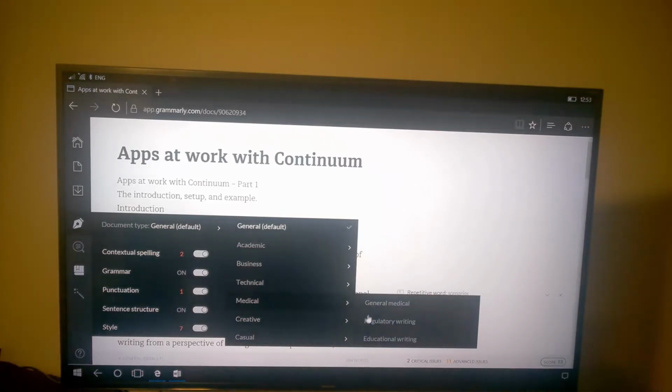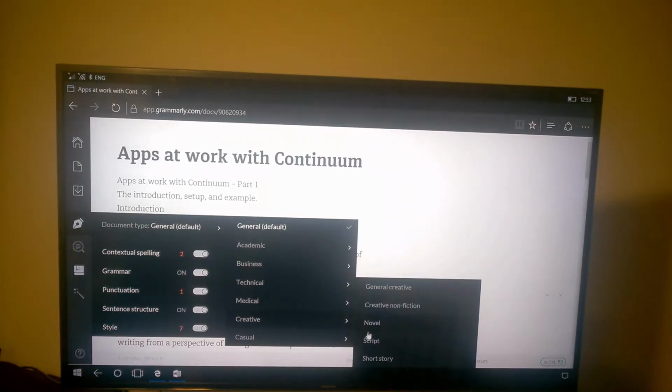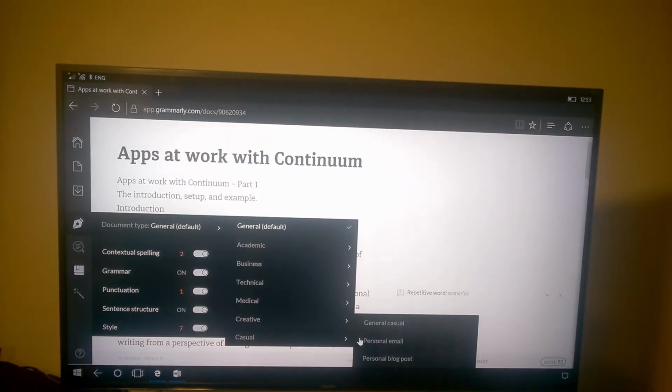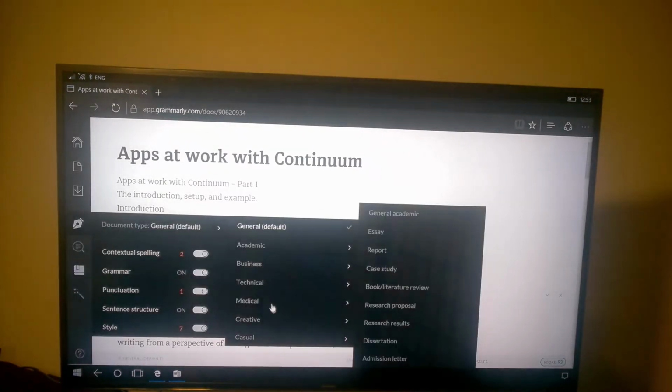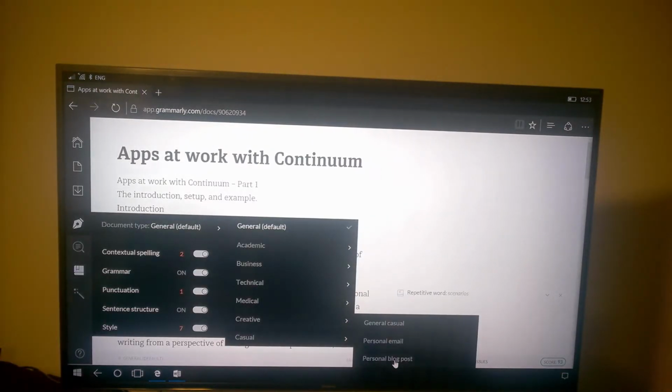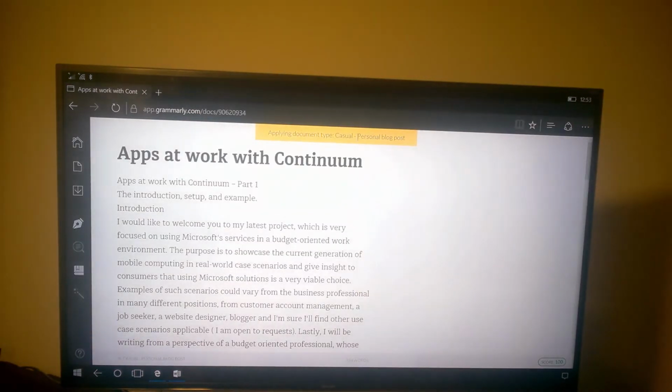So right now I'm going to go ahead and select casual, since that's what I'm using to write this post, a personal blog post. I do have to excuse my mouse because it's really acting up. For some reason, on this build, the Bluetooth mouse is really kind of jiggy. But anyway,